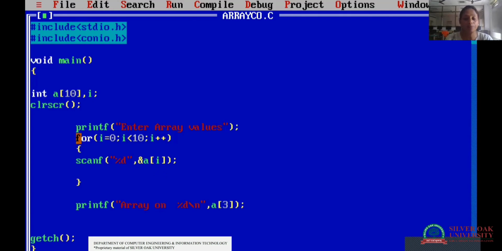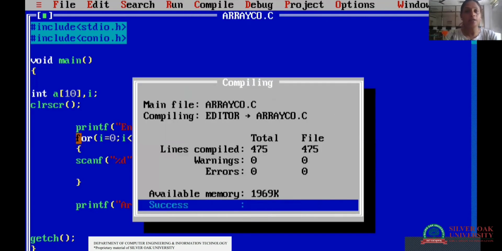And the last print statement shows how to fetch an element of the array. I have inserted values in 10 different positions, but I want to see which value is stored on index 3. You can fetch it by giving the index number to the array element and print it. So let's see how it runs.